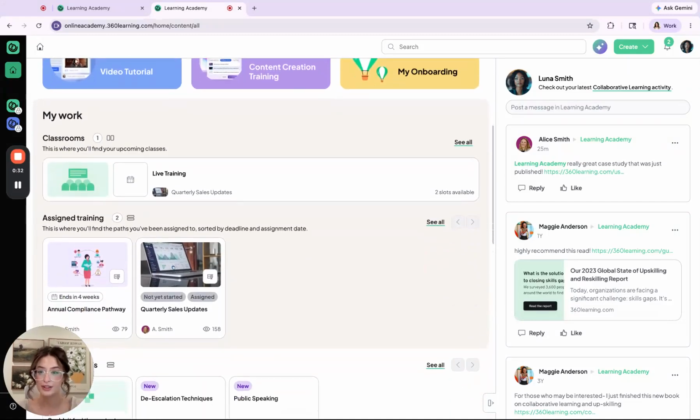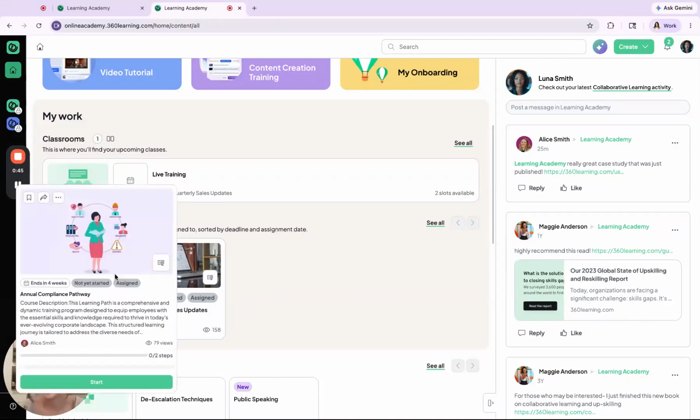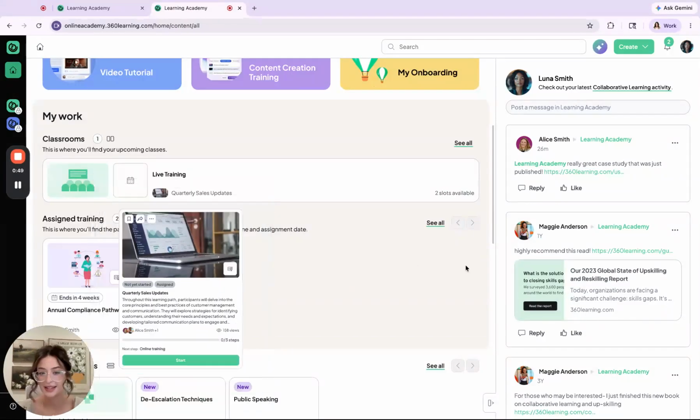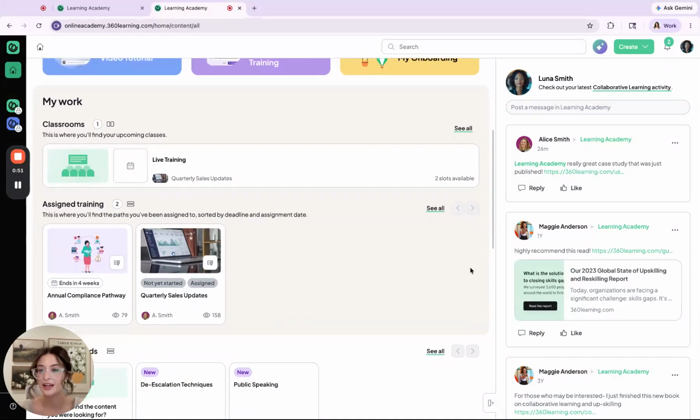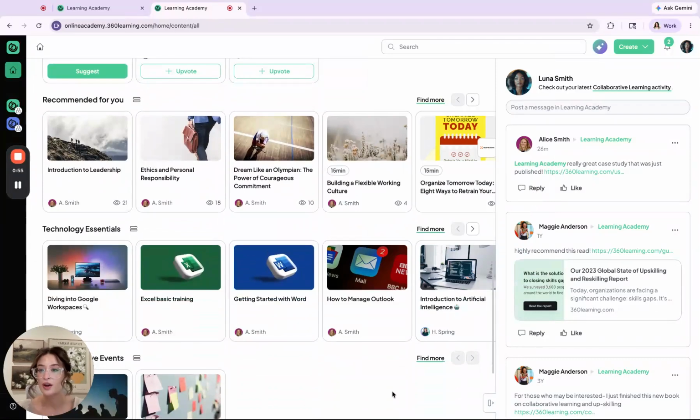As the learner starts to scroll on down, they'll see a very clean and clear My Work section with everything that they have been assigned, whether that's virtual or in-person sessions or blended learning paths. Seeing the due date, the status of this, and they can launch that, which we will take together in a few minutes. But first, other elements on the page can include Netflix-style channels, where the off-the-shelf content can directly integrate